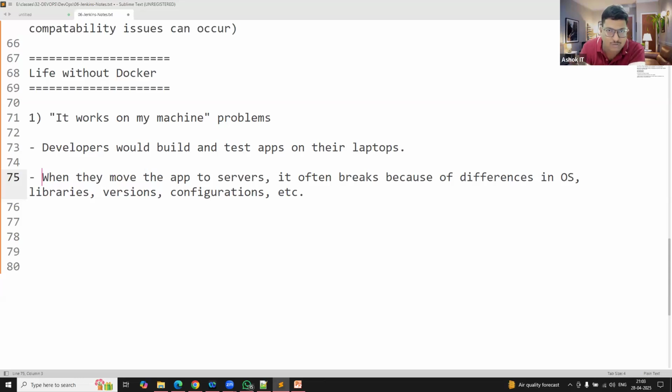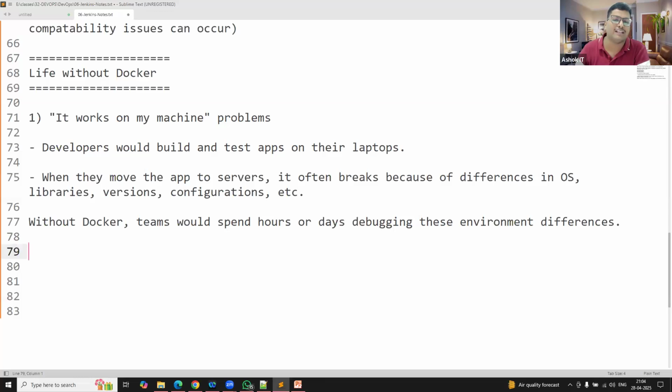Testers will say that the code is not working. Developers will say that the code is working. Why is the difference there? Because of operating systems, configurations, software versions, software installation process mistakes. There can be n number of reasons. The code which is working in one system may not work in another system when there is a difference in the libraries, the operating system, or the configuration management.